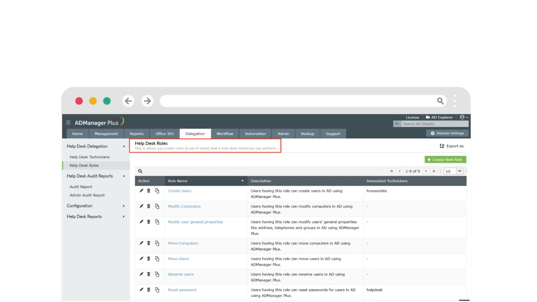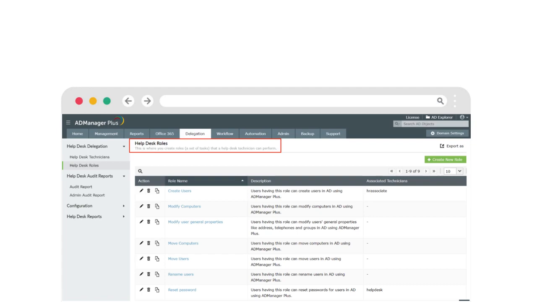Help desk technicians help administrators in executing simple Active Directory tasks which do not usually need the expertise of the administrators to be completed. So, the help desk technicians give administrators enough time to focus on the critical tasks, but as and when needed, help desk technicians configured in ADManager Plus can be modified to suit the needs of your organization. You can remove or add roles assigned to them. You can modify their administrative boundaries and assign or remove account creation and modification templates delegated to them.